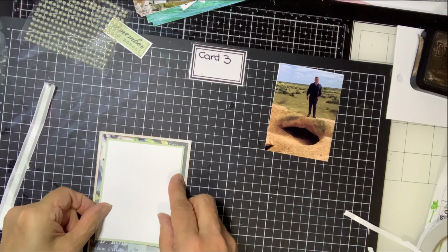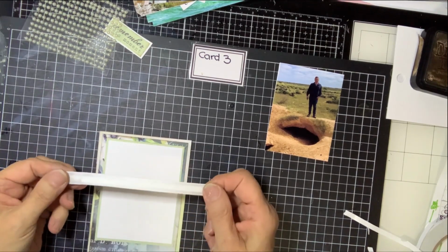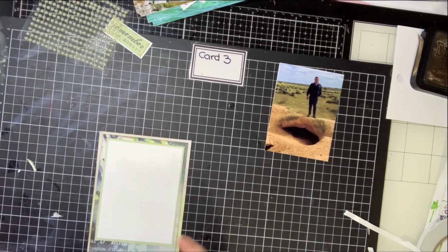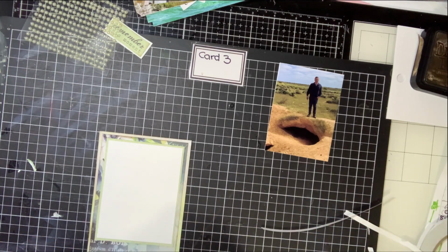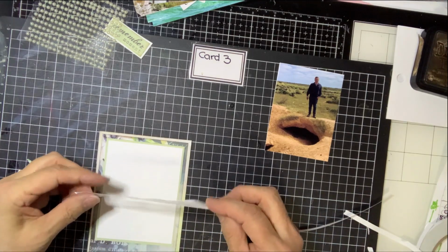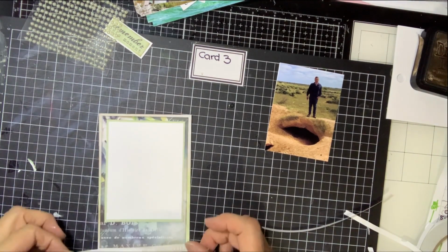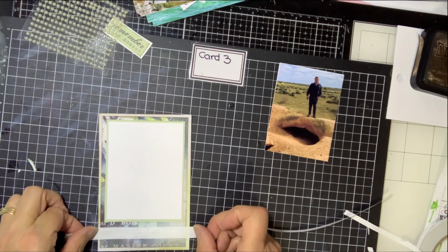Now I have 6 inches worth of ribbon so that I can actually take my tape off. For the speed of the video, I've actually put the tape on my ribbon, but you are in actual fact better off putting your tape onto your card and then sticking it down. Pull that quite tight, and right in the middle, roughly about ½ an inch up from the bottom,